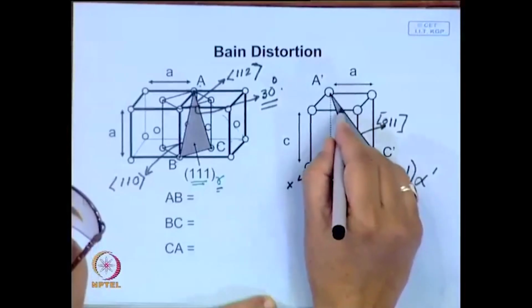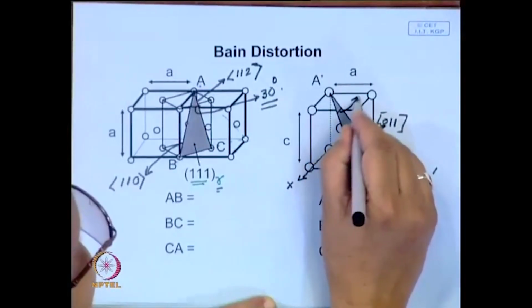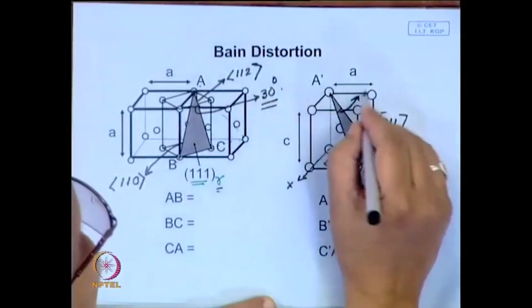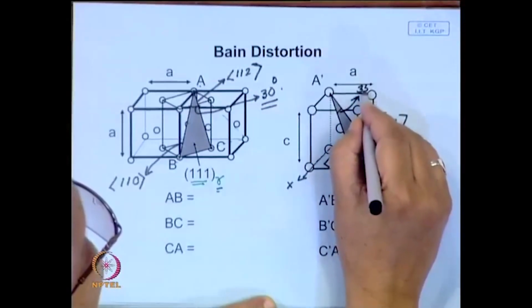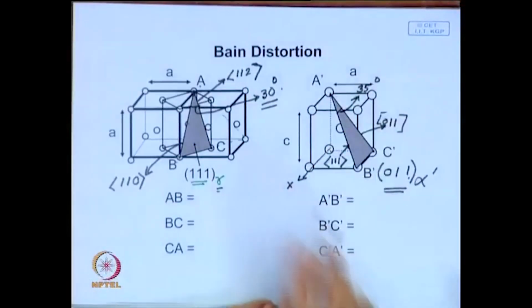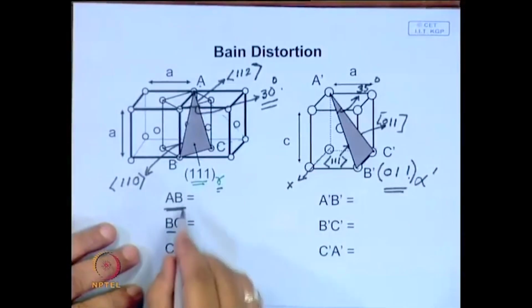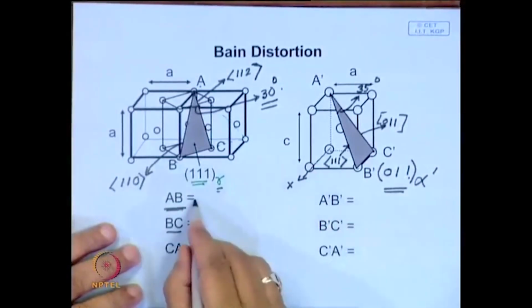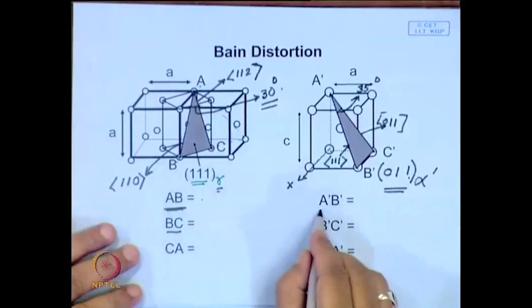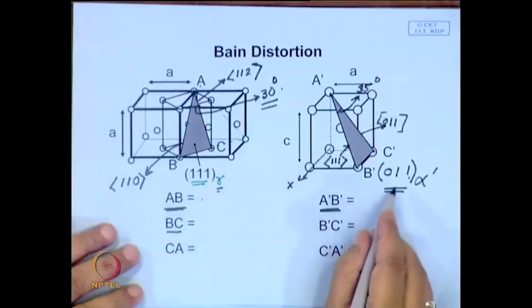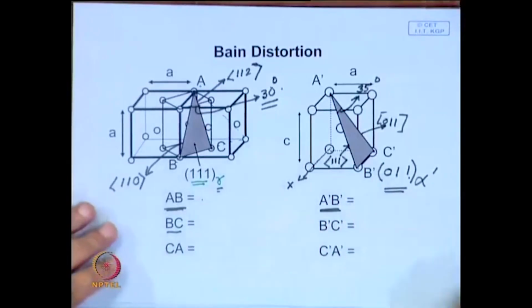So, if you find out the angle between these two, it may not be exactly this, but it is within close. So, this you may find is around 35 degree. So, crystallography, these planes are almost similar, and I leave it as an exercise for you to find out these indices. So, this direction in austenite will be parallel to this direction in martensite. Now, the question comes